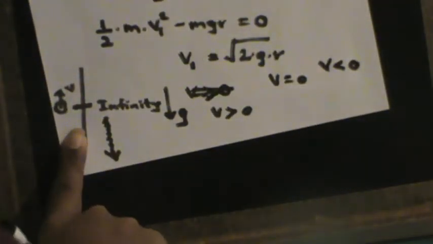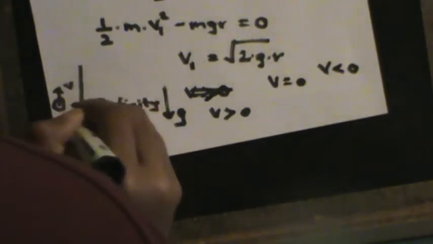If v is equal to 0, that is the limiting occasion, and the object will fall down under gravity. If v is less than 0, what is meant by v being minus? Because v is a vector, v is minus means v has some negative velocity in this direction, which means we will achieve 0 before this point of infinity. We will achieve 0 somewhere here, or anywhere.